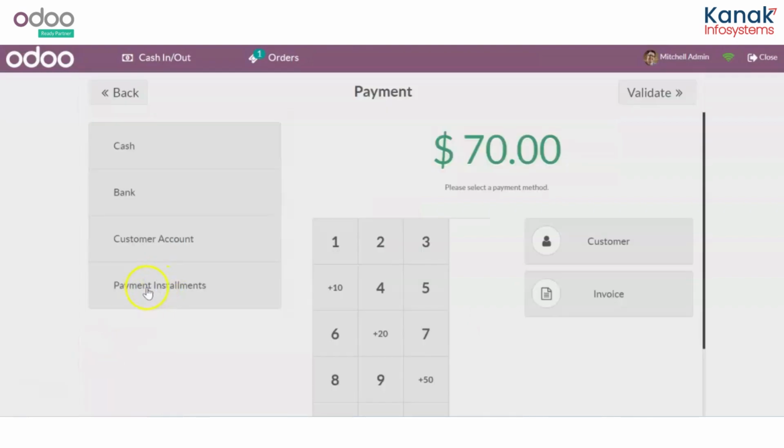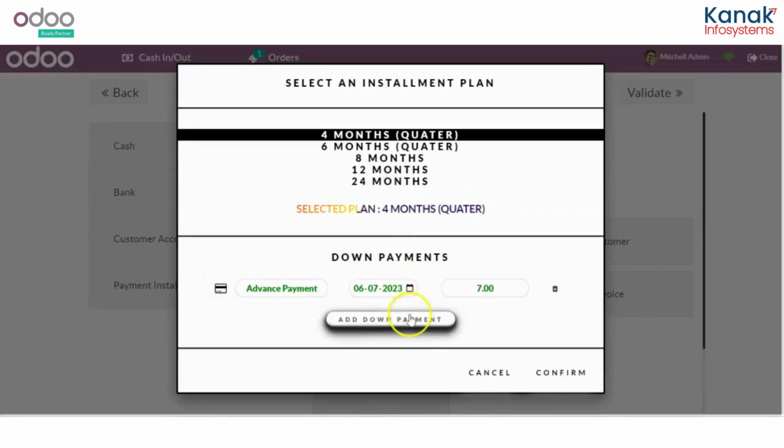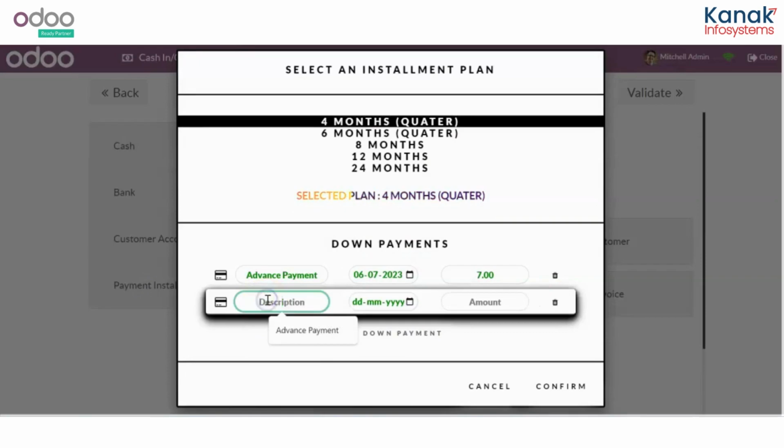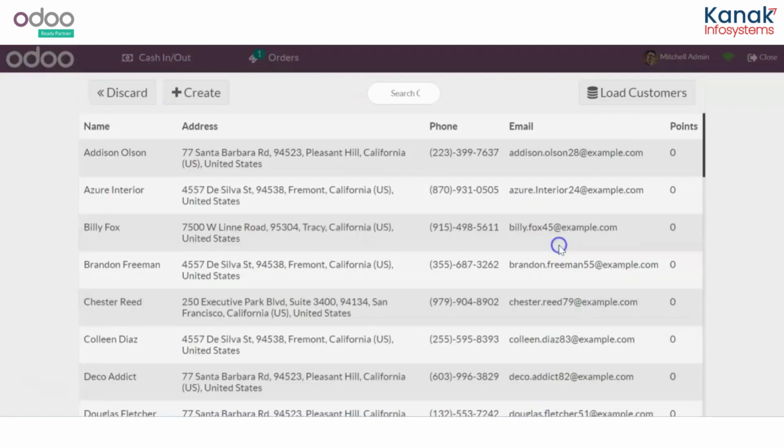Now in here you can select Payment Installments and you can choose from the given installment plans. You can add or delete a certain advance down payment. Right now I'm adding one, and I'll confirm this. Now I'll add the customer